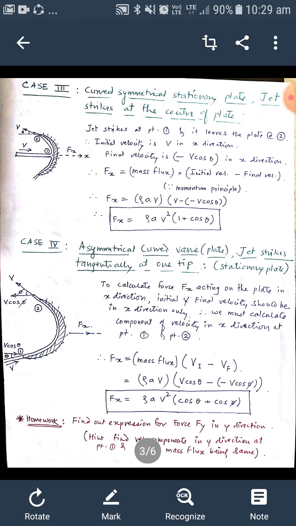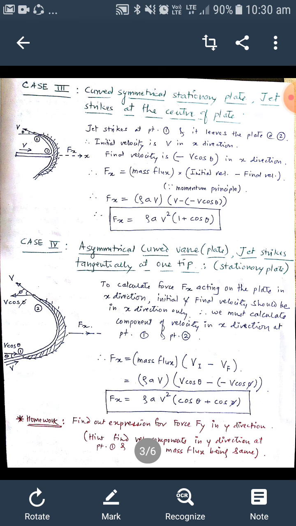Now that third inside bracket I have given minus sign. Why? Because the component is in negative x direction. So finally the equation we get as Fx is equal to rho a v square (1 plus cos theta). Here we have to remember that mass flux, that is mass upon time, this expression remains same, rho a v. But what changes is the second bracket, initial velocity, final velocity. Similarly, now if we take the case number 4,